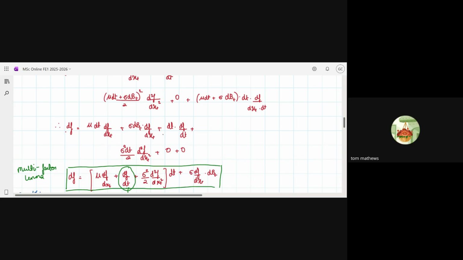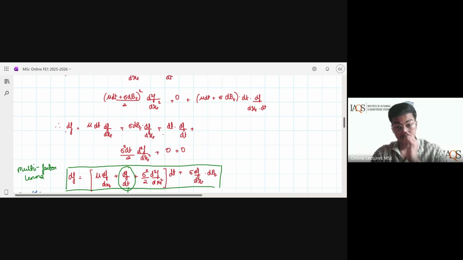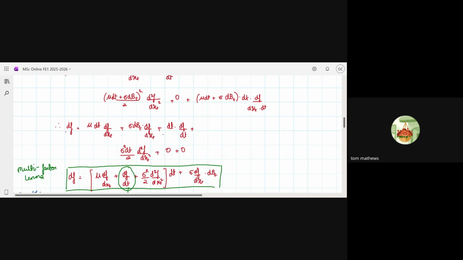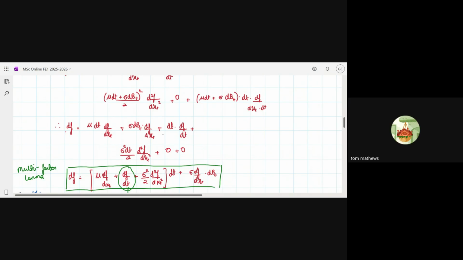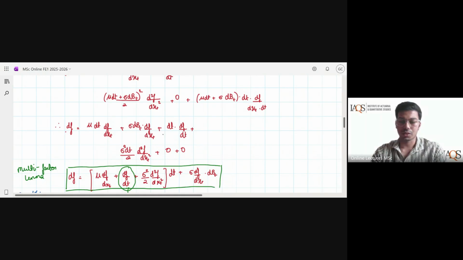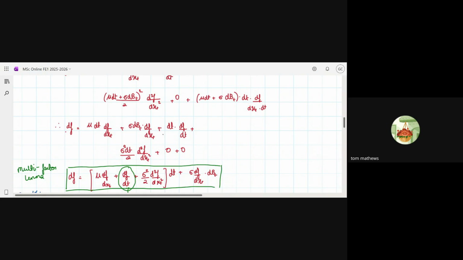What is the answer for that question, sir? What did you get? Yeah, 2xt mu plus sigma squared minus 1 into dt, bracket dt. Mu will be 0, sigma will be 1 because it's a function of standard Brownian motion. Yeah, correct. Mu is equal to 0, sigma is 1. Yes. Plus xt sigma dbt.